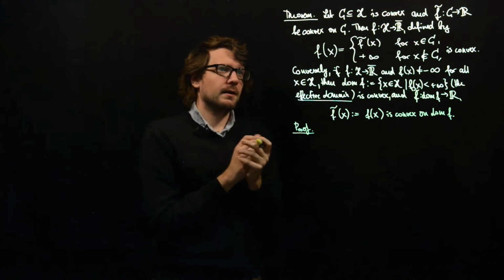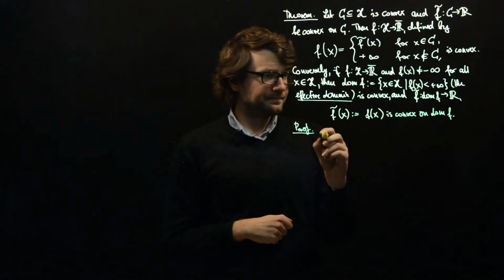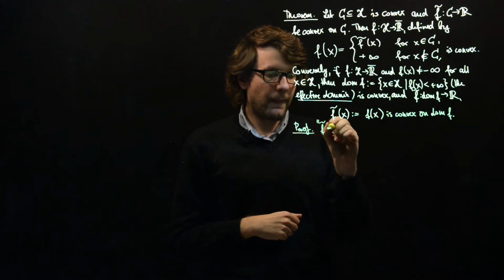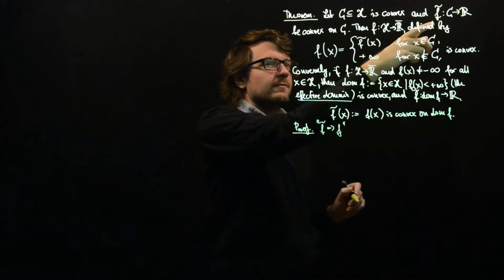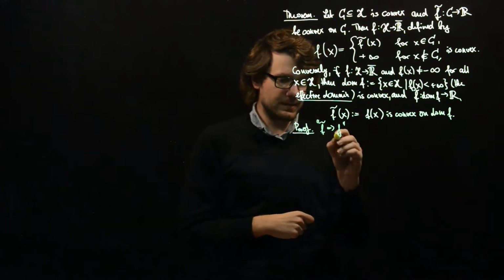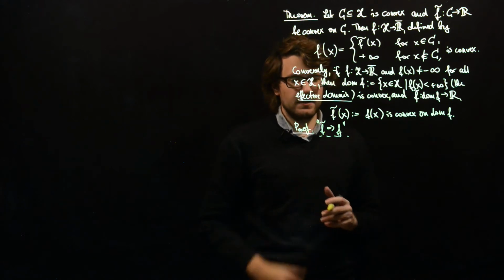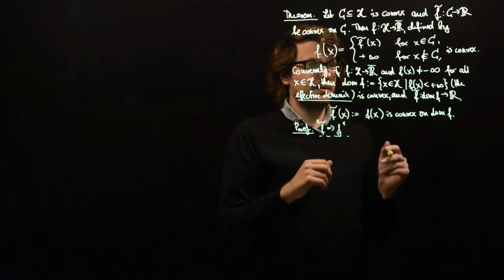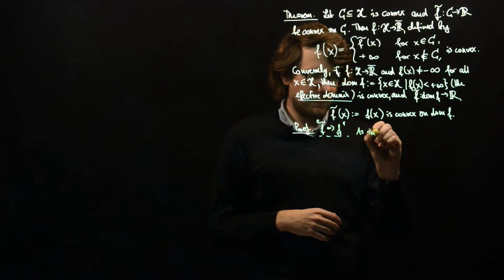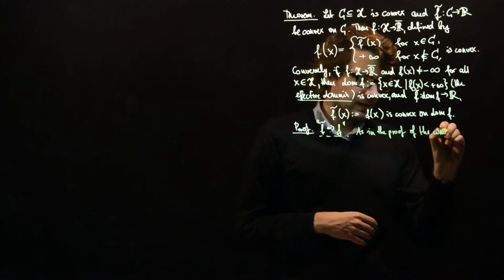Let's prove. Okay, so we have to prove the convexity of this. So first of all, let's go from f tilde to f. So given f tilde, show properties for f. And we have to show that this function is convex, which we have already seen in the definition of indicator functions, and we have shown the convexity of indicator functions of convex sets. So as in the proof of the convexity